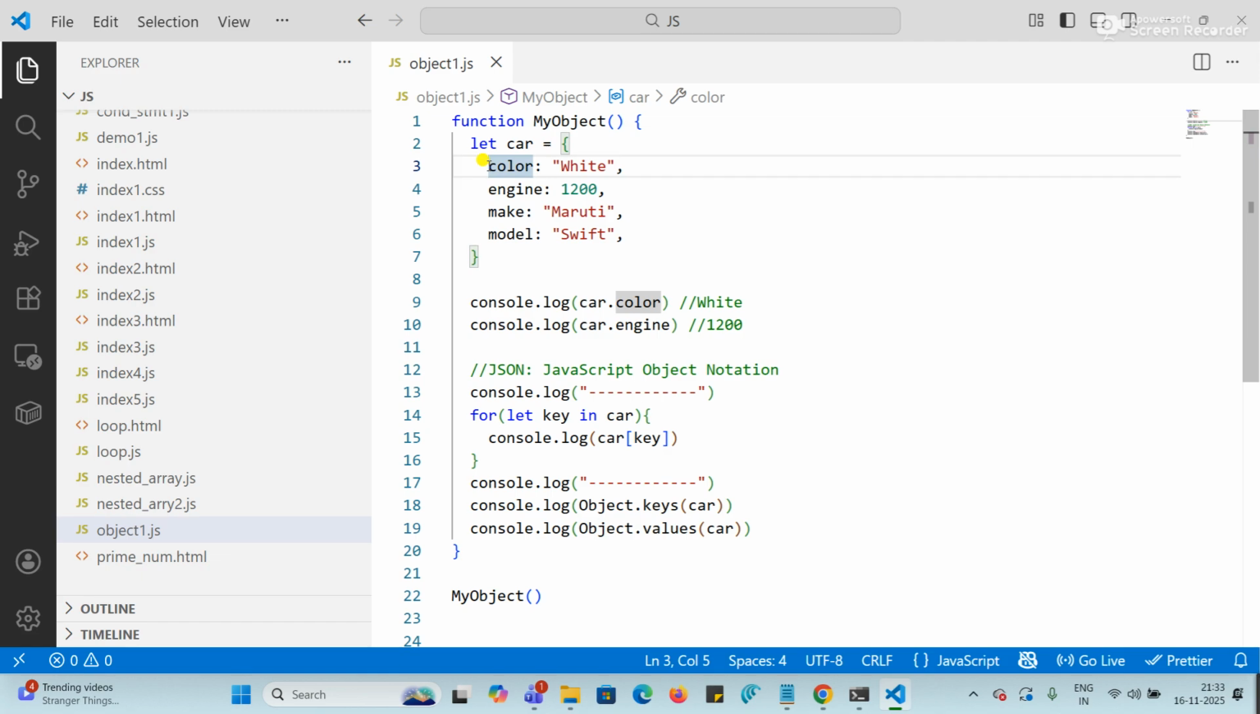I can understand you read somewhere that our key should be wrapped in double quotation. That is okay, you can do it, but it is optional. Even if you do not, at least in JavaScript, you will not get any error, right? Okay. And in line number 9, if we do car, then in square brackets color, then also it will